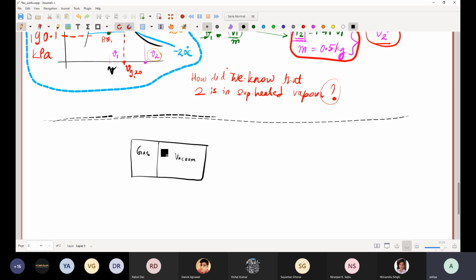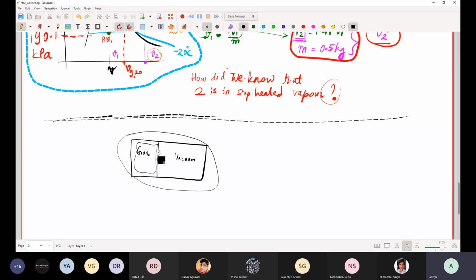So when you rupture this membrane or open this valve suddenly, the question is how much work is being done by the gas. Now if you look at the system holistically, if you try to draw a control volume like this, obviously there has been no boundary work, there is no displacement work. But if you were to solely consider the gas as the control volume, or the control mass in this case,